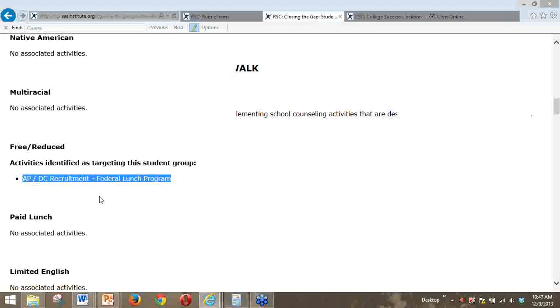So it's okay to not have associated activities with all of these student groups but one. We need to make sure for the ASCA RAMP and for the Indiana Gold Star that at least one gap group is identified this way. So, and it's good for kids. You know, you're going to experience gaps in your school. Let's close those gaps. Okay.